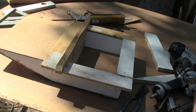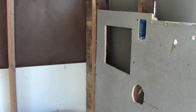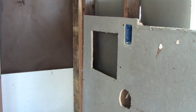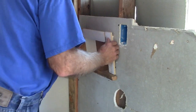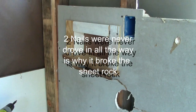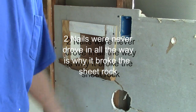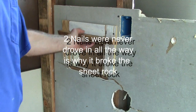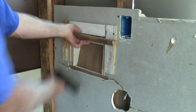Let's go put it in the hole. Remember, it was a little tight. I'm going to kind of trim a little bit of this off at the top. Alright, we got this thing stuck on there, but now I broke this piece of sheetrock right here trying to get it in. I should have known better. Giving it a little bit more room, but